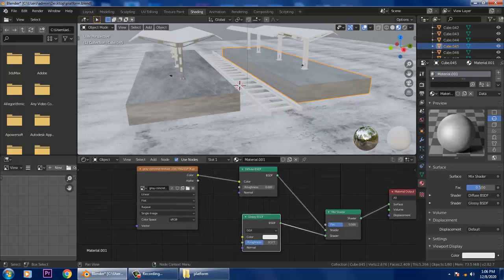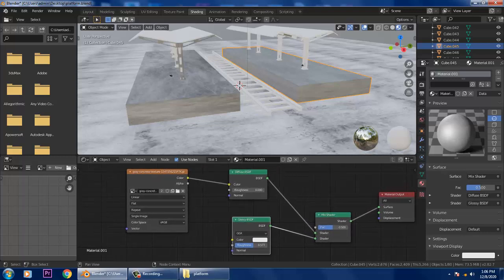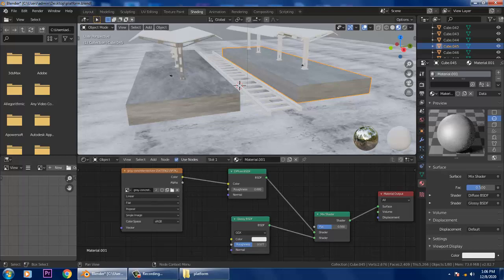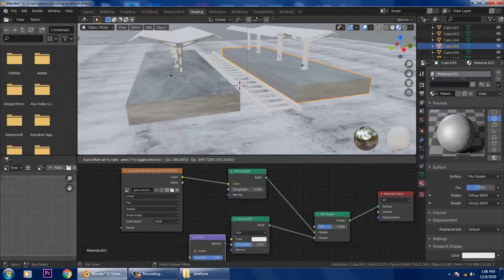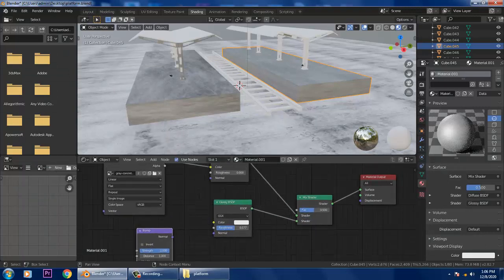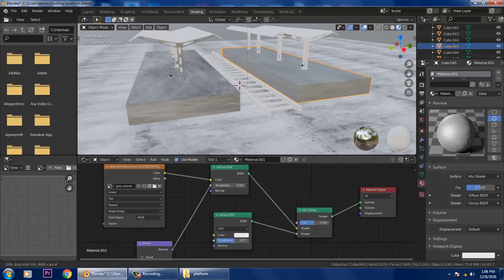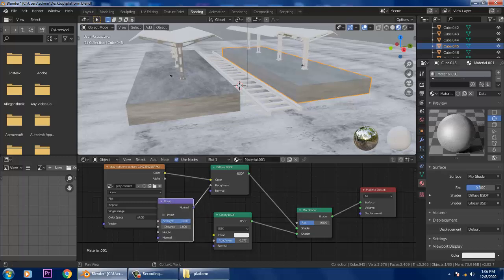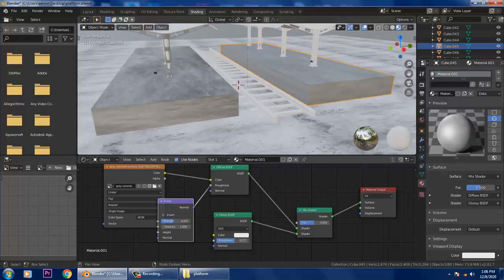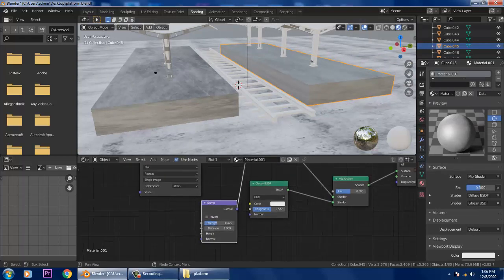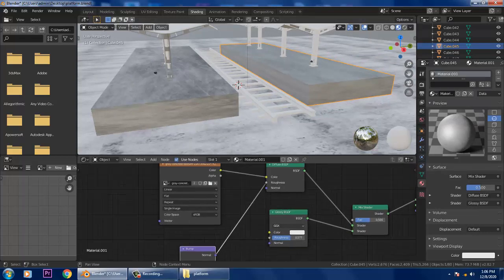You can also add a bump map also. So a bump map can also be added. If you want to add a bump map, you can easily add it over here. You can just take a bump map over here. Into this bump map, you can try to connect it with this roughness. So with a bump map, you can make it look rough. You can reduce its strength if it is possible over here. And also you can add something.